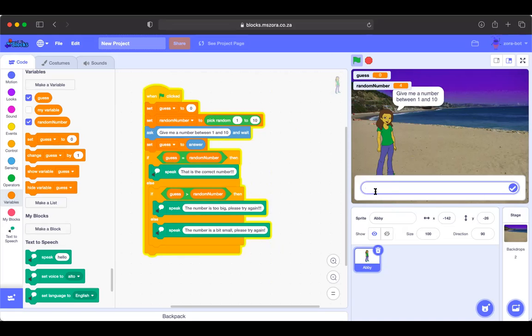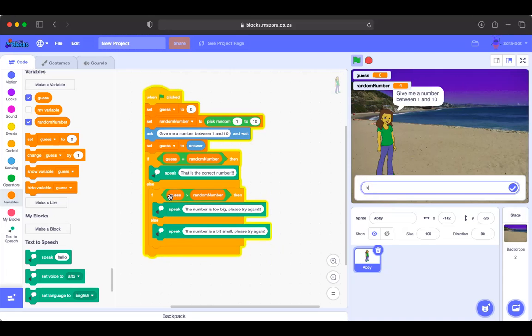what happens is that if I put 3, it comes in here, it says, is 3 equal to 4? And then if 3 is not equal to 4, it goes out. It says, is 3 greater than 4? That is wrong. And then it says, okay, then it means 3 is less than 4, and it gives me this code